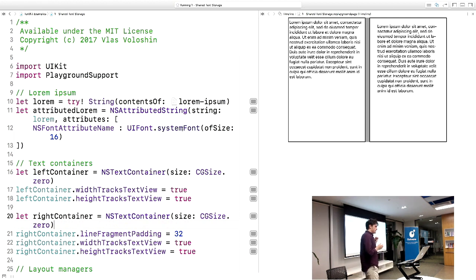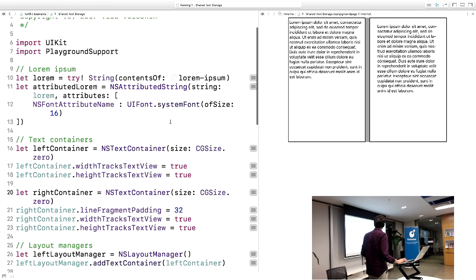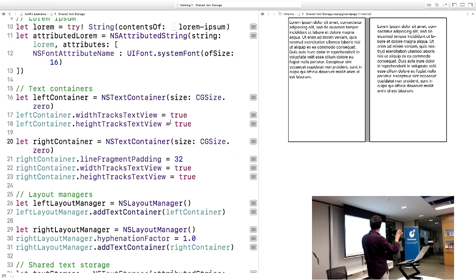As you've seen on the slide with the TextKit stack, you can have more than one layout manager connected to a single text storage. That means you can have a single attributed string, and you can not only render it, you can lay it out in a different way, even simultaneously. So in this example, I have a lorem ipsum, and I have two text containers,